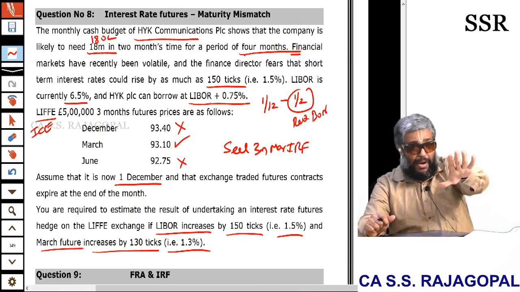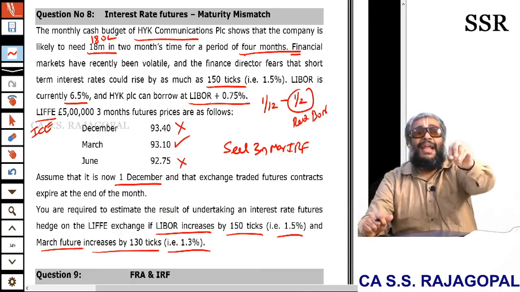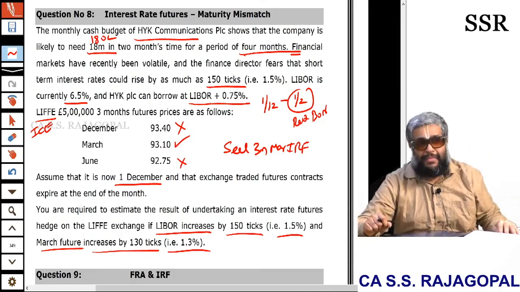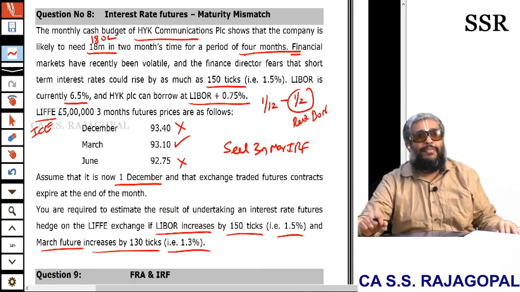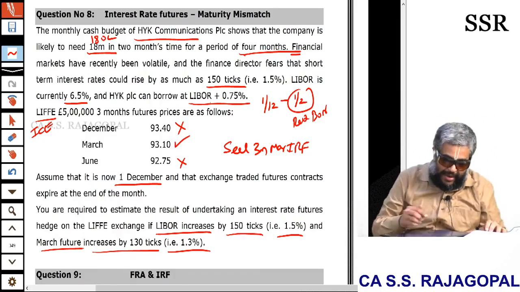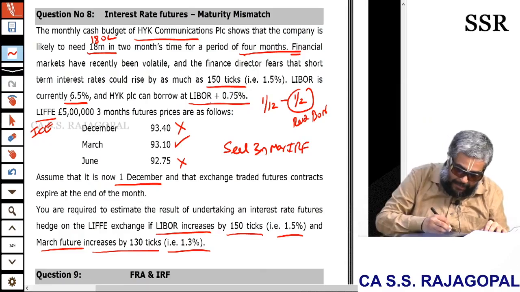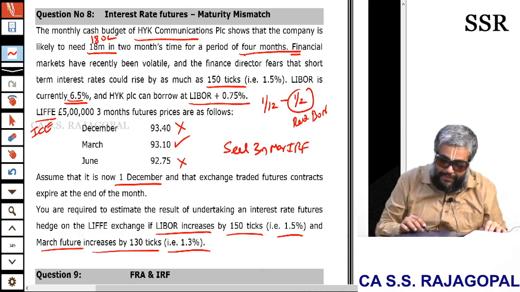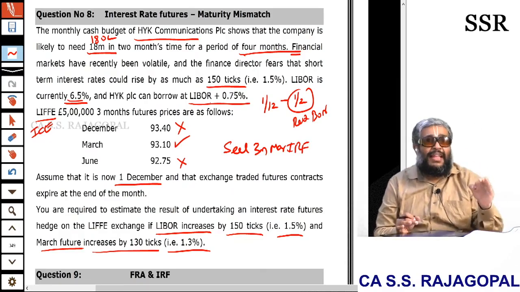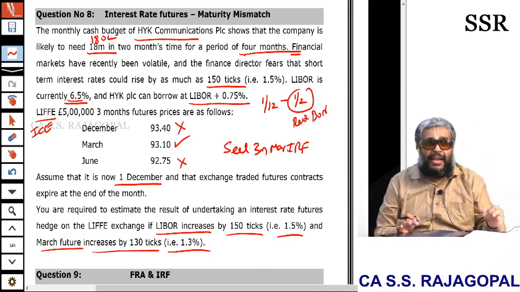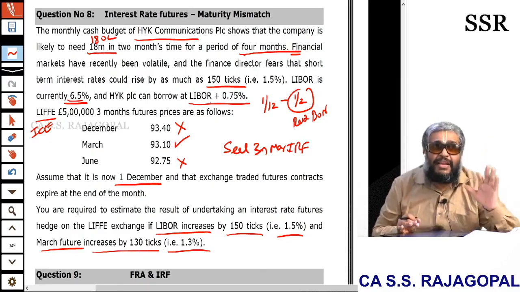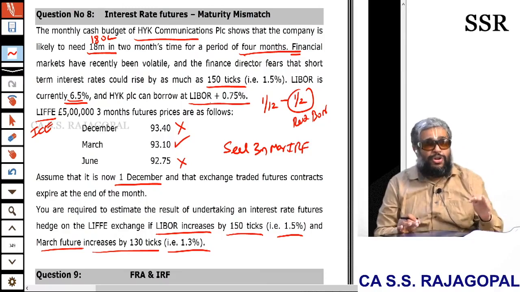They said you take LIBOR plus I'll add some spread as a risk premium, and they say I'll be giving a loan at LIBOR plus 0.75. Friends, tell me, today the LIBOR is 6.5%. 6.5 plus 0.75, so today when the company borrows money, it can borrow at 7.25%. Everybody is with me or no?